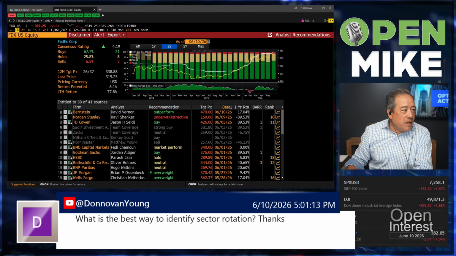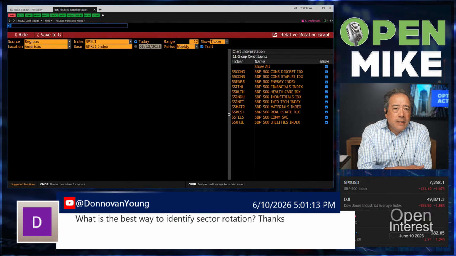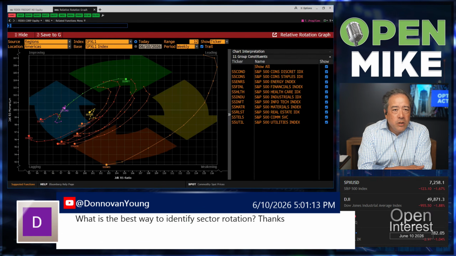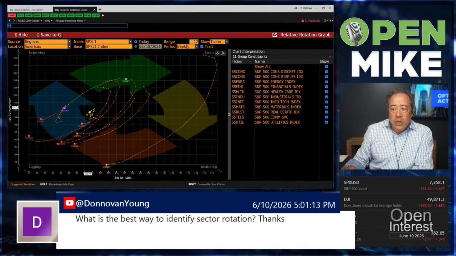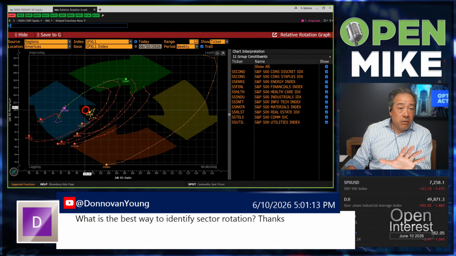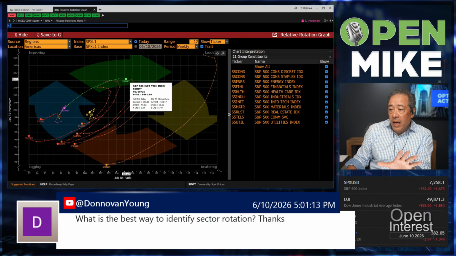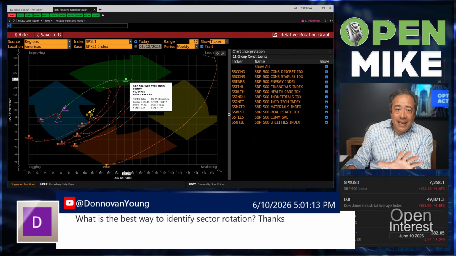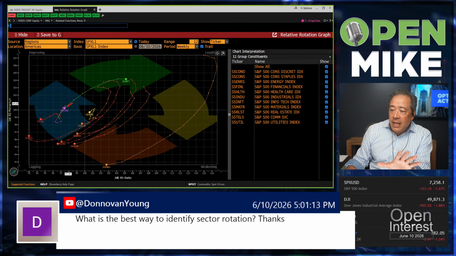What is the best way to identify sector rotation? A relative rotation graph, probably. Like this. This is a good way to do it. So this is called a relative rotation graph. And what it shows is in the middle, right in here, this is versus the S&P, right? So the S&P 500. So if you see over here, infotech, information technology, IT, technology stocks have, if it's over here, this means that they are outperforming and that